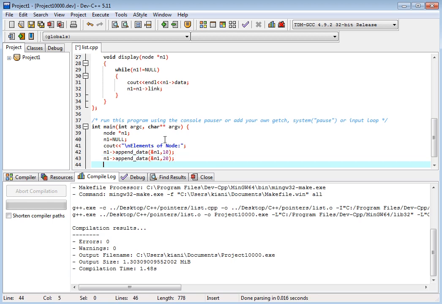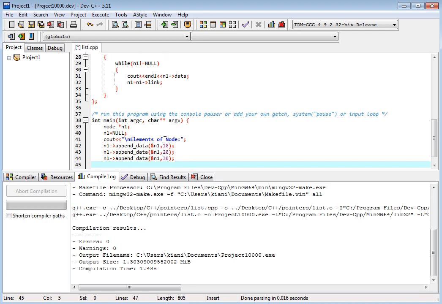Now we append 20, and n1 append data n1 and 30, and we call the display function. Display will hold only n1, not the address, because it is a single pointer. Now we see whether it is working or not.